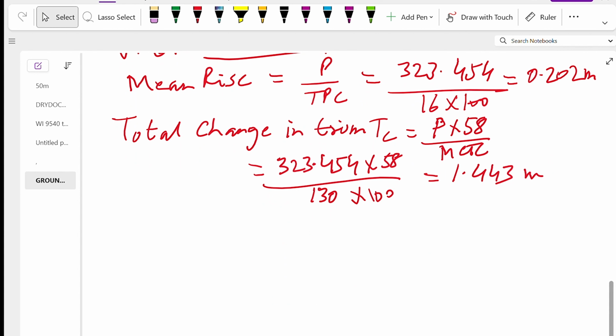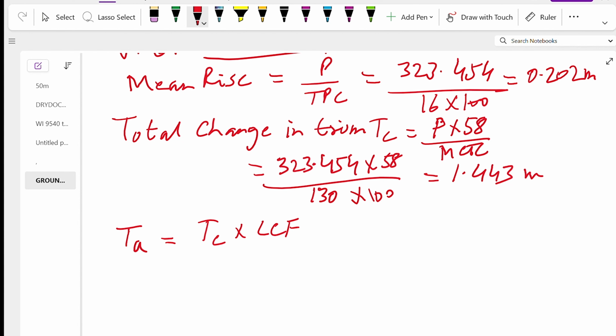What will be the change in the draft? Now, trim due to trim. Now we got the mean right. Now we find the change in draft aft due to trim. So that is total change in the trim multiplied by,